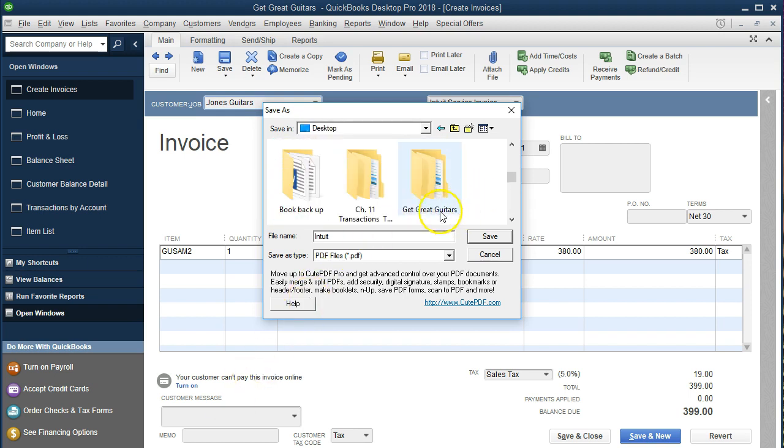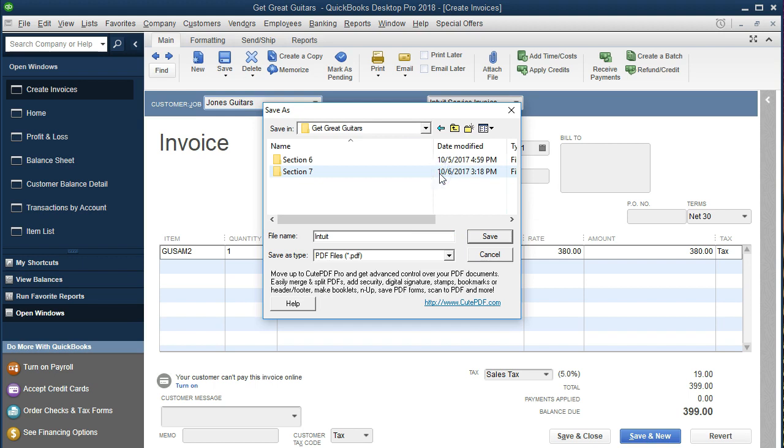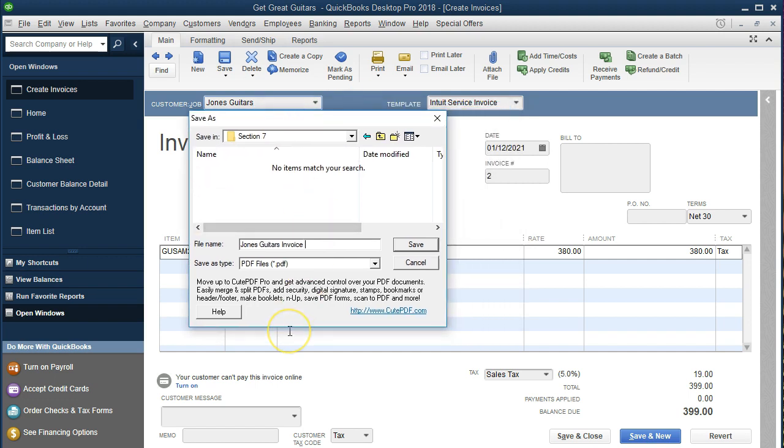We're going to put it in Get Great Guitars on the desktop. I'm going to put it into section 7, and then I'm just going to change the name here to Jones Guitars Invoice, and then we'll put the date of the invoice, which is